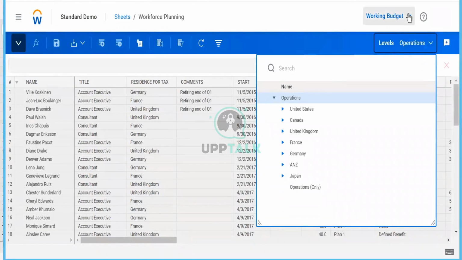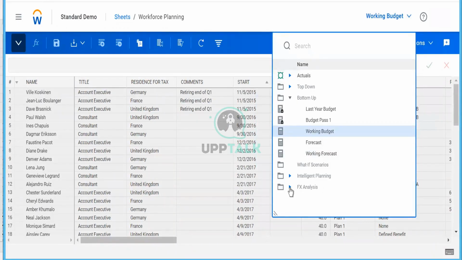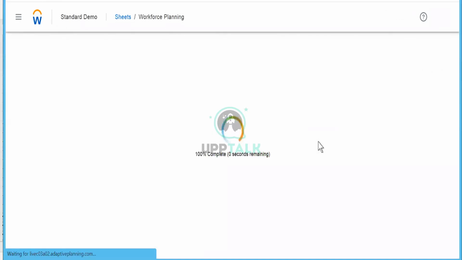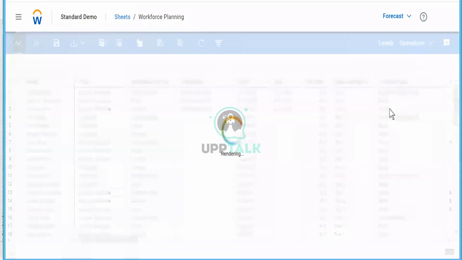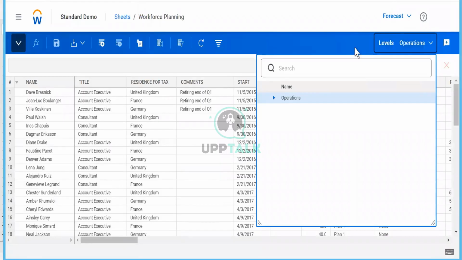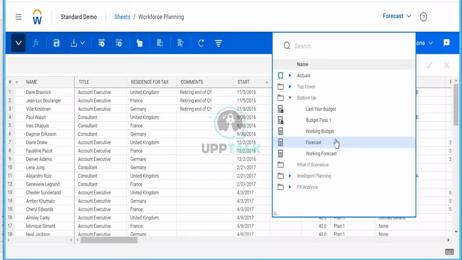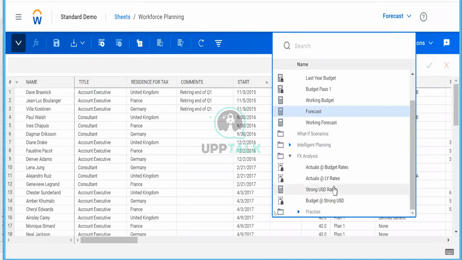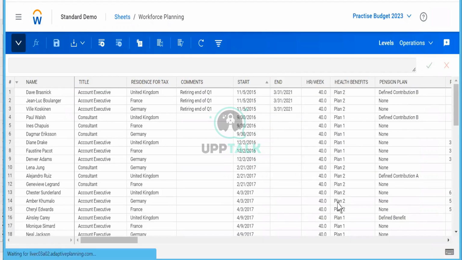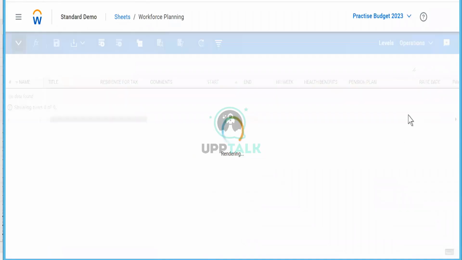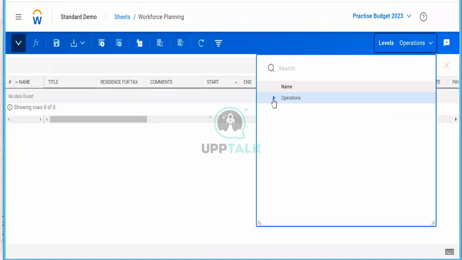Still no. Let's change the origin, say forecast. No, it's not allowing me.